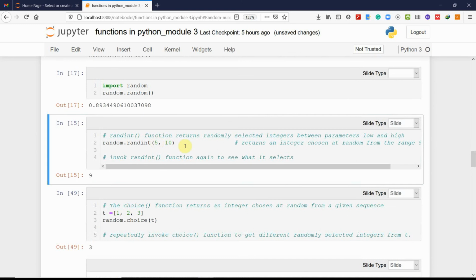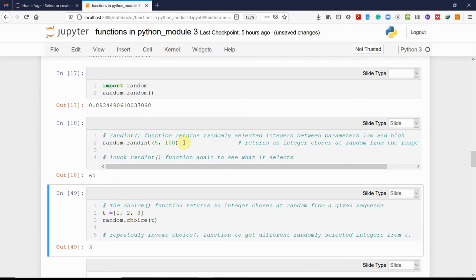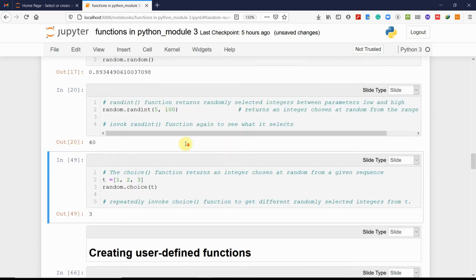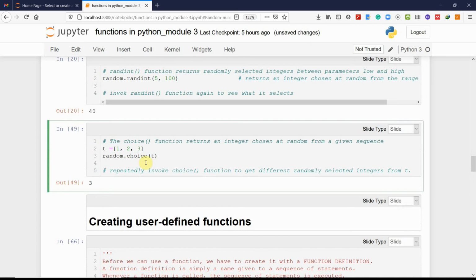Similarly, say you want a range. For example, you want a random integer from 5 to 100. Each time you call this function, you will see an integer from 5 to 100. Another concept is the choice function. The choice function returns an element chosen at random from a given sequence. Every time you call it, it will give you a number from that sequence. That's useful